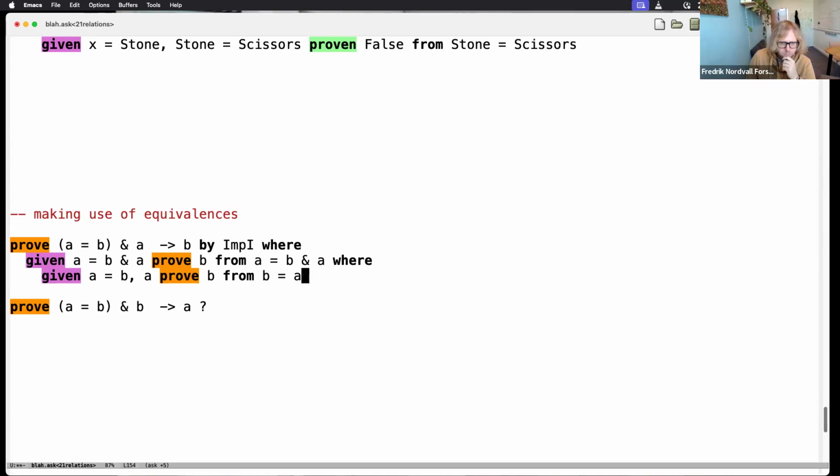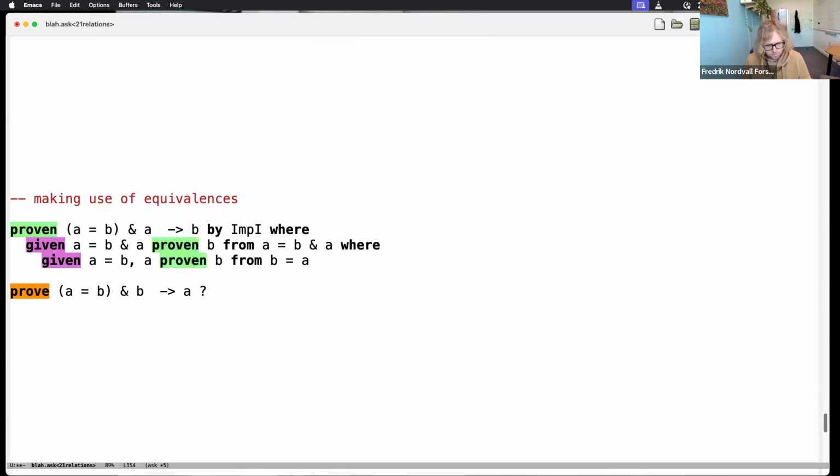So when you do this, it rewrites left to right. So it's replacing all the B's in the goal by A, and it is perfectly willing to check that. Remember that when ask is checking whether an equation is given, it tries it both ways round. So from B equals A is justified because I've been given A equals B. Okay? The other one's actually easier.